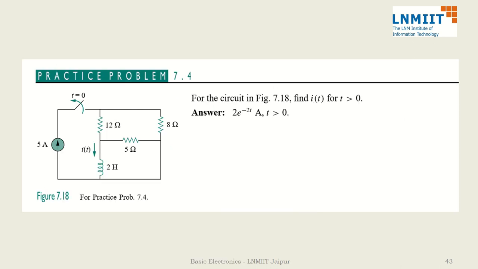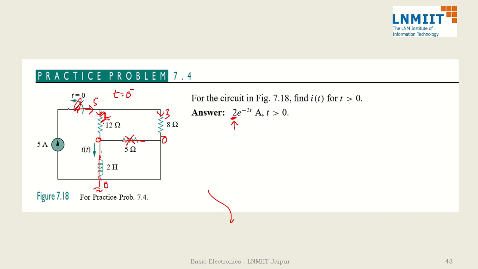So there is a similar circuit. Let us see how the initial conditions are calculated here. This is connected. This is short circuit at t equal to 0 minus. If this is short circuit, this is 0, this is 0, this is 0. That means there will not be any current here also. So 5 ampere is coming here, 2 will go here, and 3 will go here. This 2 will go in inductor. So the initial value of current in inductor is 2.